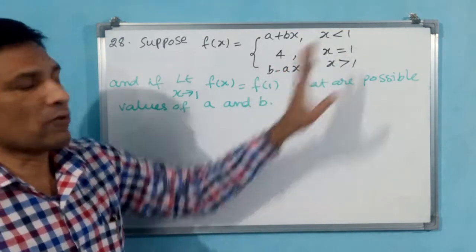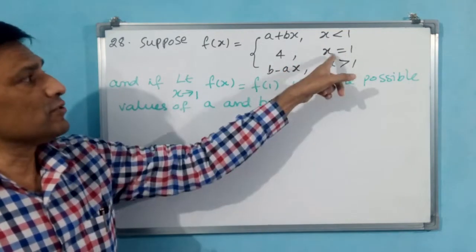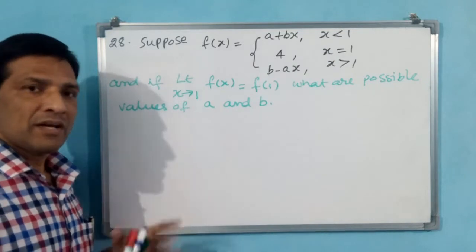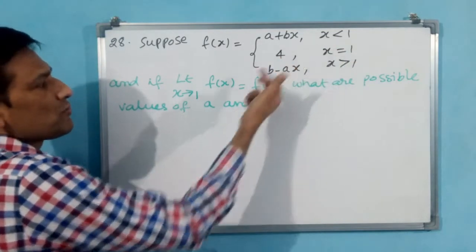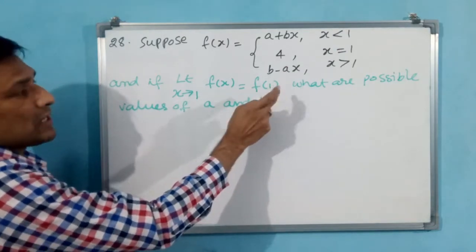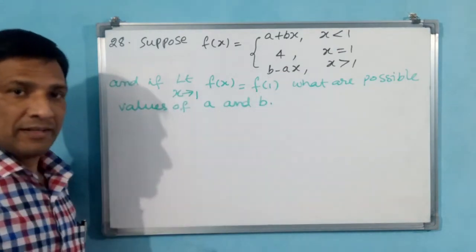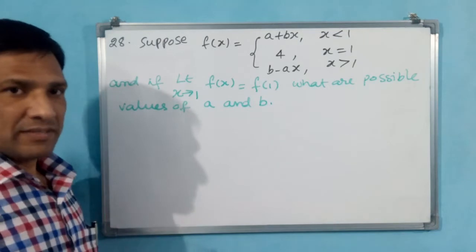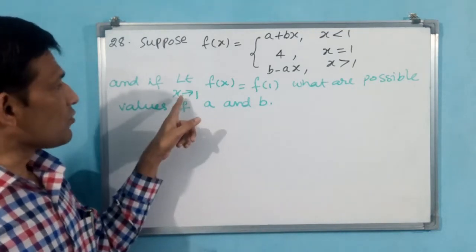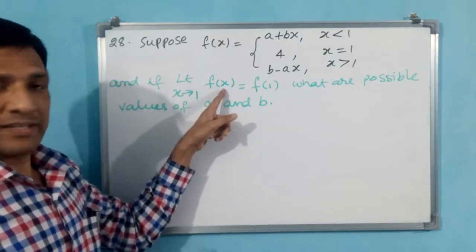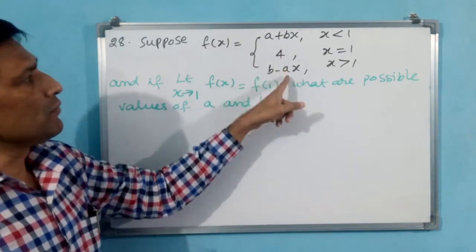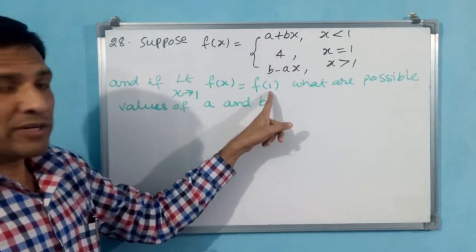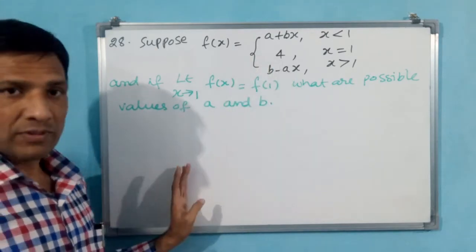Directly they have given 4. When x is equal to 1, f of x is equal to f of 1. F of 1 is equal to 4. If you substitute 4 here, you see f of 1 they have given. That means directly you can take 4 here. You need not do the 1 minus, 1 plus. Here you have to do limit x tends to 1, f of x they have given. Here 1 minus, 1 plus you have to do. Both of these you should equate to f of 1. F of 1 means 4.